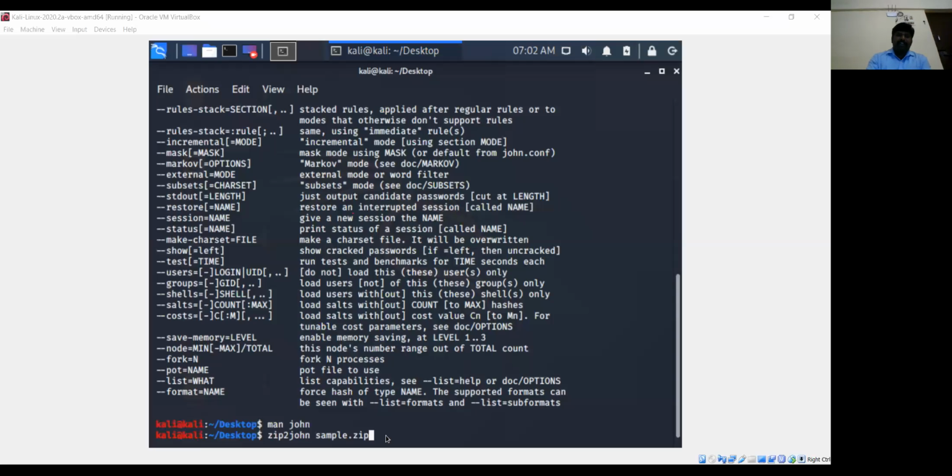So this is the command which we use to convert our zip to John, right? Using John the Ripper, you can crack the password of either a RAR file or a zip file. Suppose you have a RAR file instead of a zip; you are supposed to use rar2john. zip2john, right? If I use this,